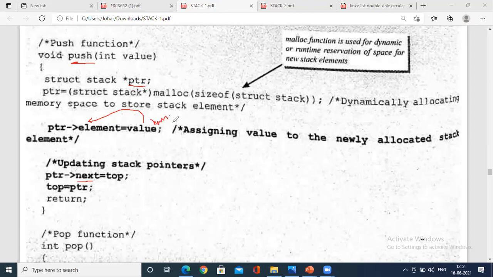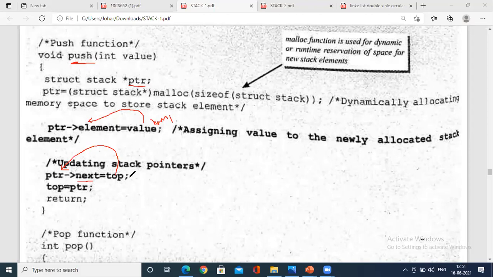First point. Then you have to increment the stack pointer, no? So that is ptr of next. The top, updating the stack pointer. How do you update the stack pointer? You will update the top to point to ptr's next. That is, you are incrementing the top. This is how we increment in the case of a linked list. In that case, top plus plus will be the incremented value. I will show you that also. So here, two major things.